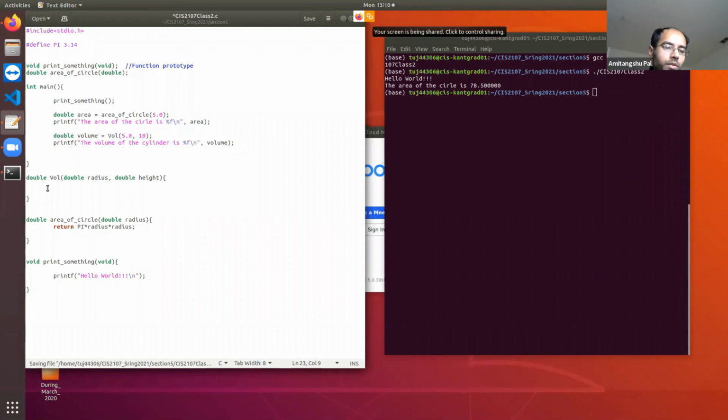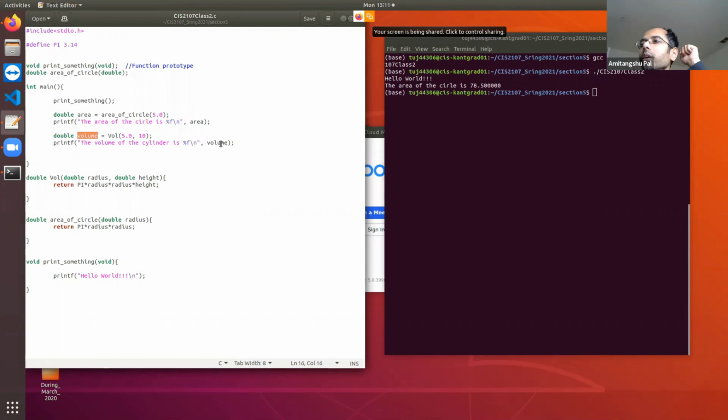So the volume is pi into radius into radius into height. It is going to calculate this and return this value, which will be stored in variable volume and printed over here.